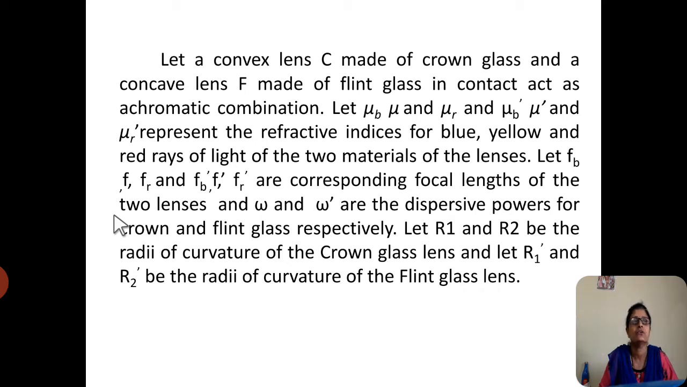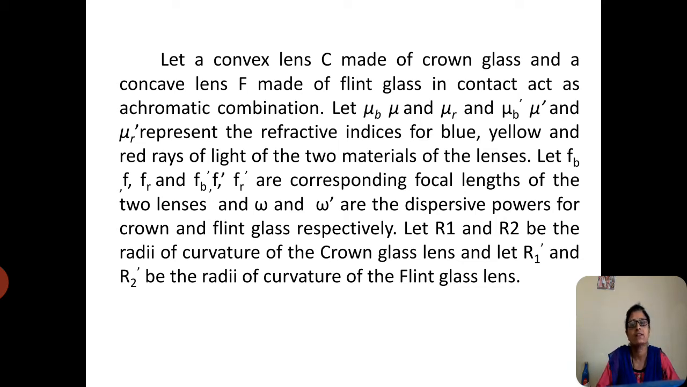In the first video I told you a single lens cannot minimize the chromatic aberration. So we have to minimize the aberration by combining a suitable combination of two lenses of different materials, that is, the concave and convex lens. The convex lens is made up of crown glass and the concave lens is made up of flint glass. Both are placed in contact,